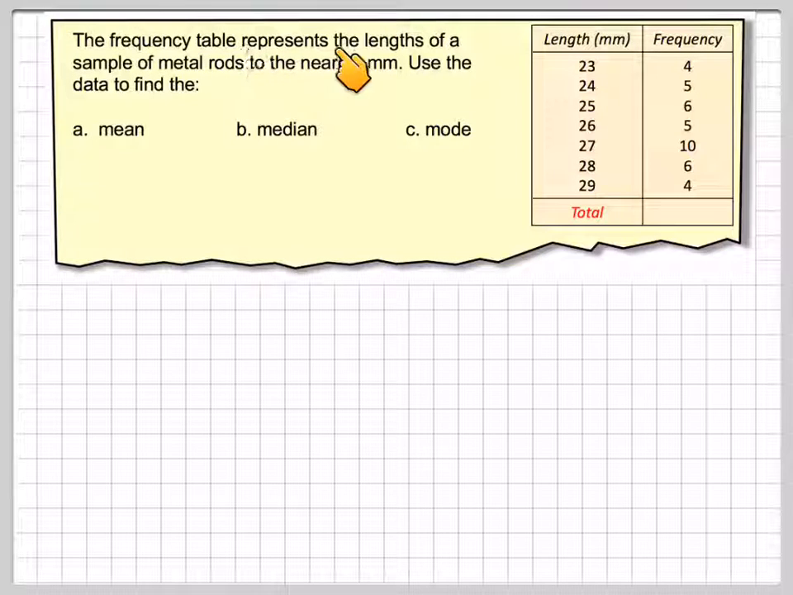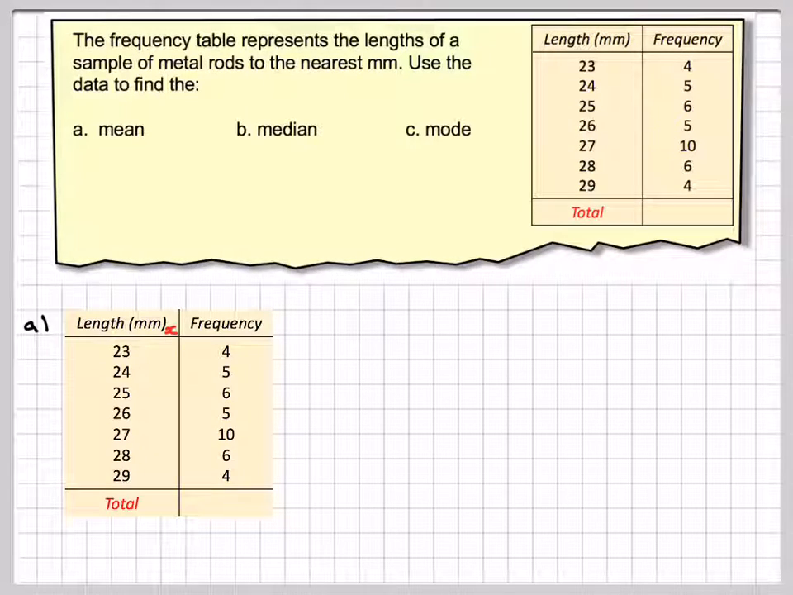The frequency table represents the lengths of a sample of metal rods to the nearest millimeter. Use the data to find A, the mean, B, the median, and C, the mode. So we've got the lengths here in millimeters, and here we have the frequencies. We call the lengths X and the frequency F, and what we need to work out is X